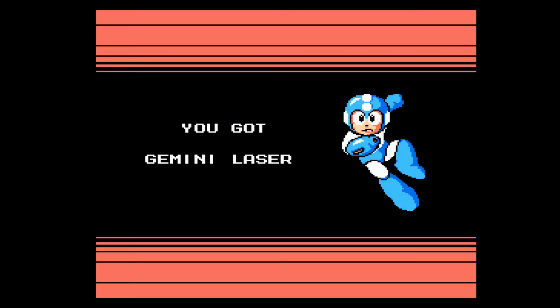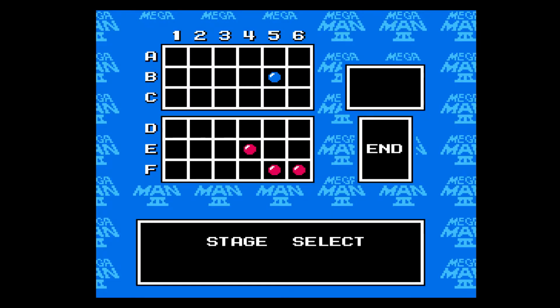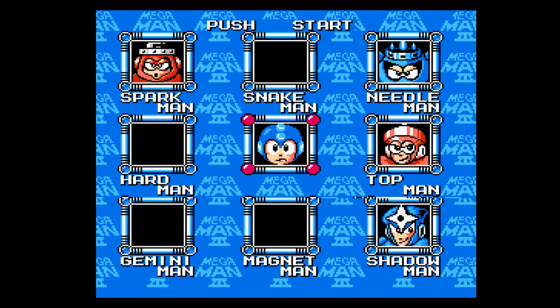The Gemini laser, aka slow down. It is basically the crystal ball from Mega Man 5, but only a third as good, and you will see why. Anyway, after going Gemini Man,